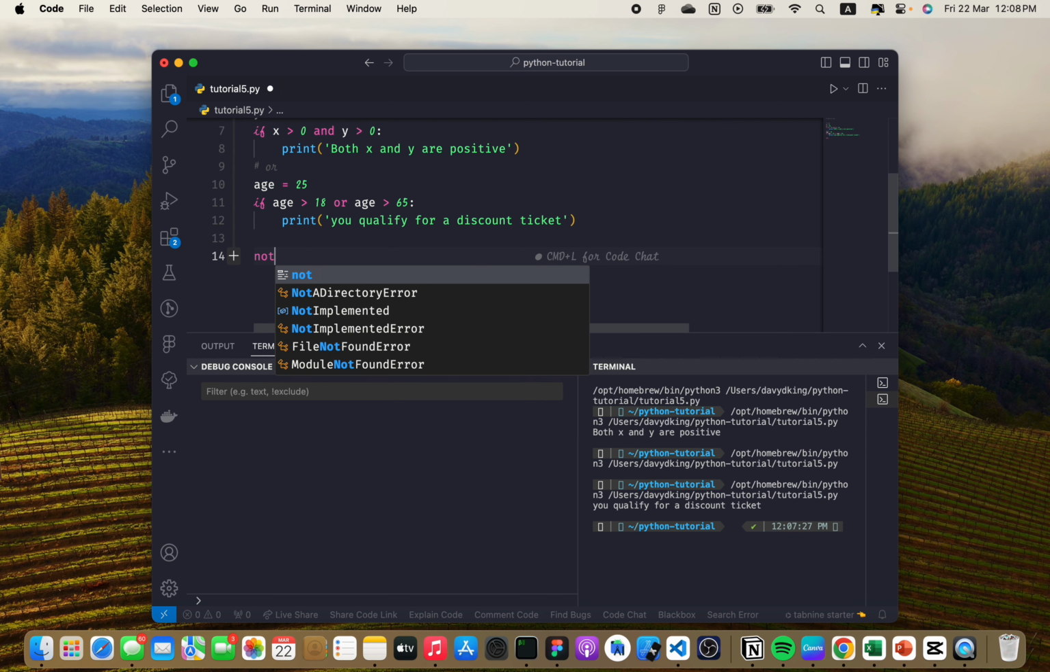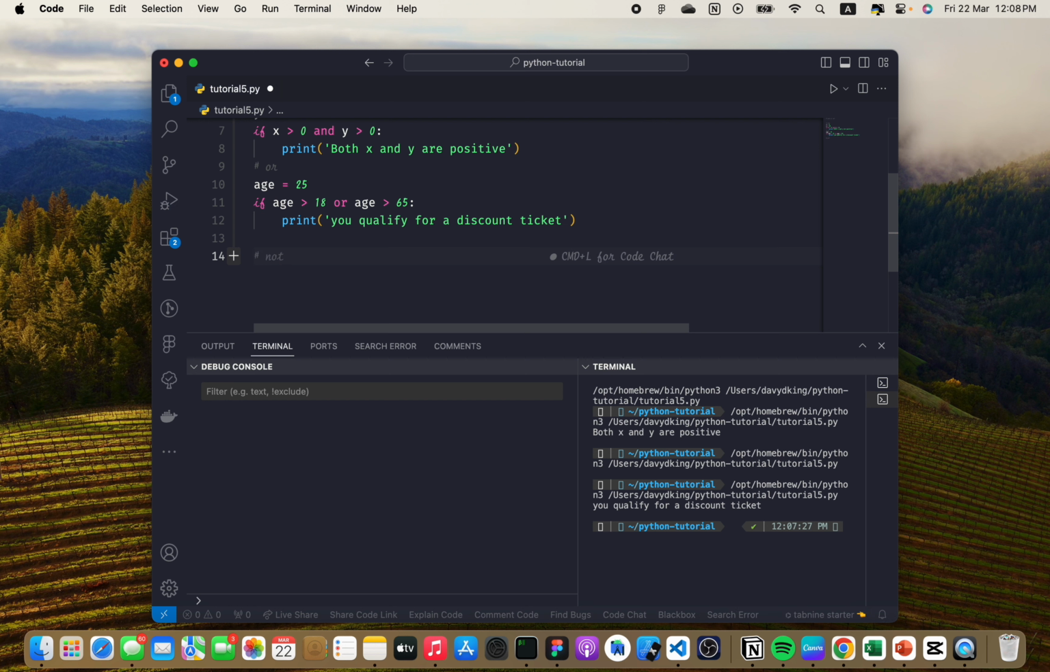NOT operator. Basically, the NOT operator is like a negation. It turns an expression to the opposite form of it. So let's say x is equal to 5. The NOT operator is a Boolean expression that returns true if the expression is false and returns false if the expression is true. So if you say if not x equals 10,